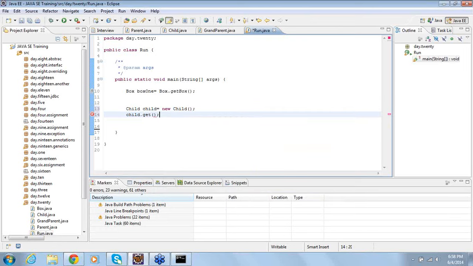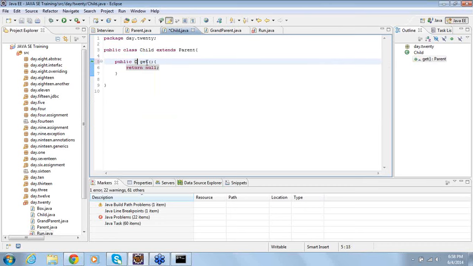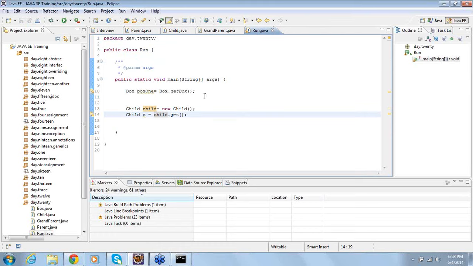Get method. Then I can assign it to child reference. If I have this, no problem. But will I be able to do this?